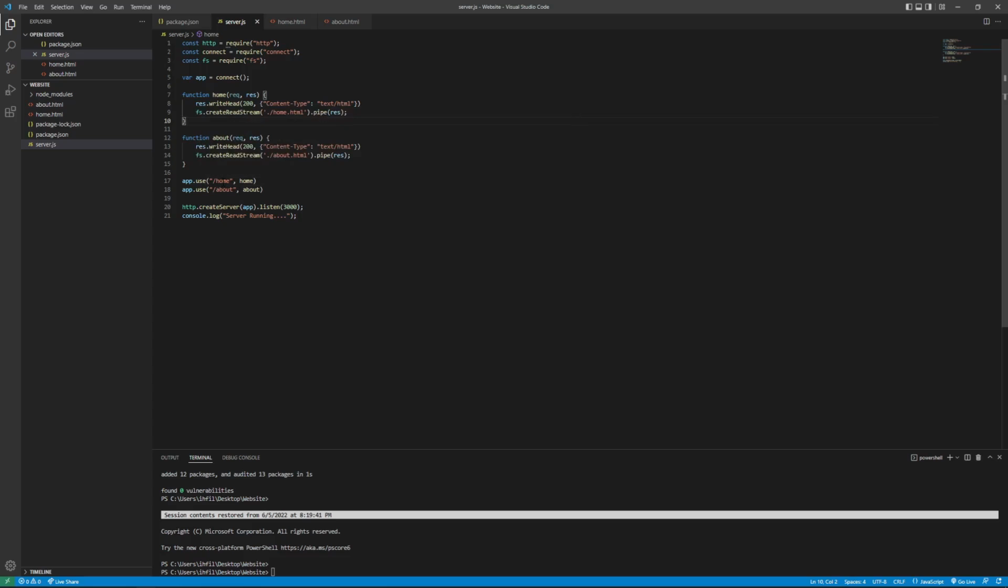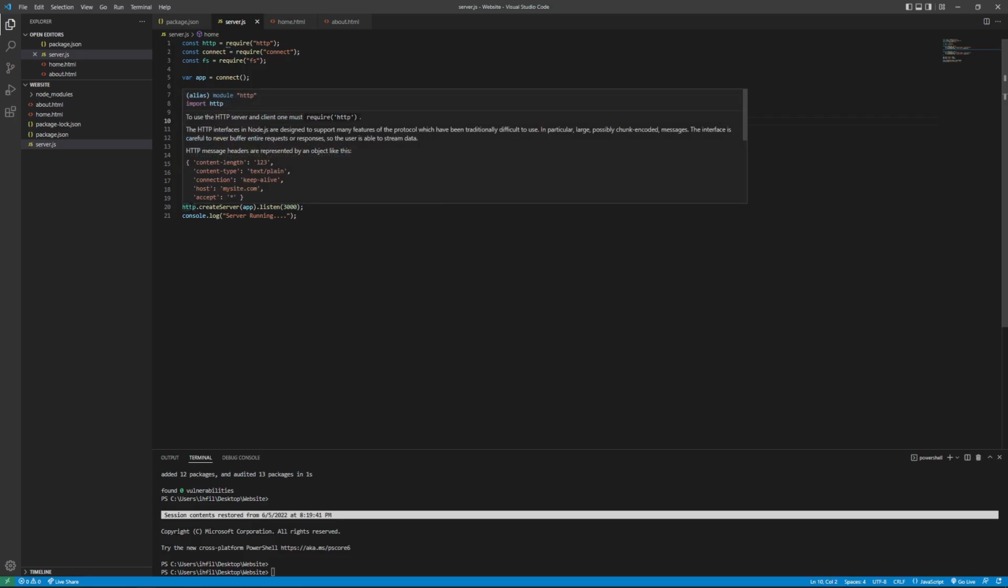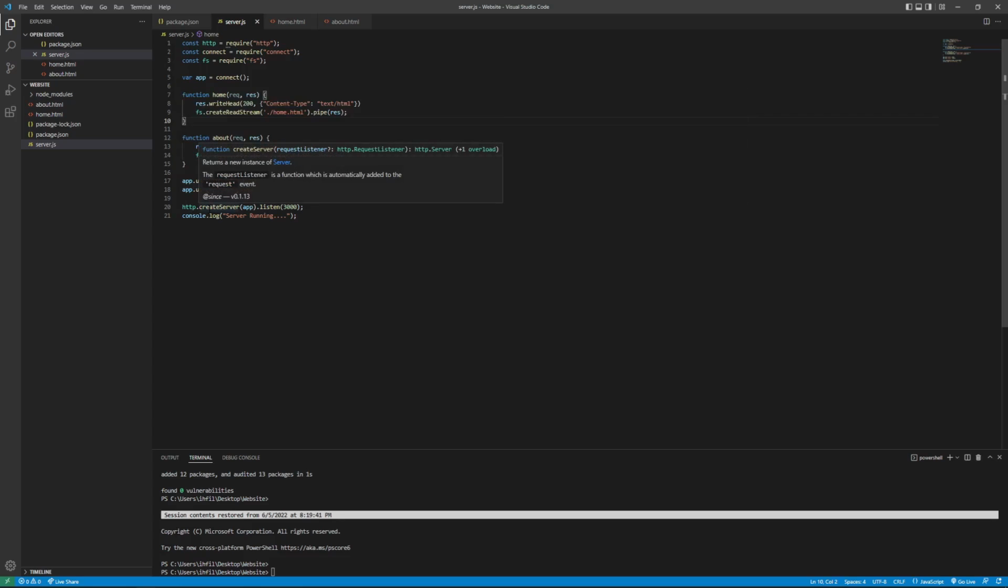This also helps handle the request and response system. And then we have http.createServer. We're passing the argument of app. This is basically giving the app variable the ability to use request and response. And we have .listen at the end of that